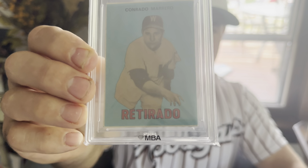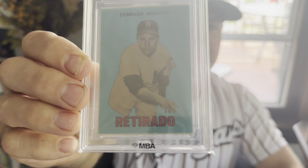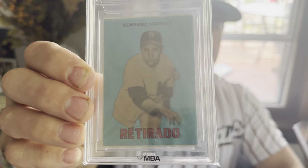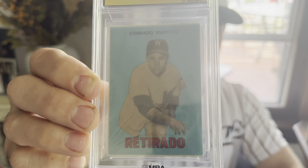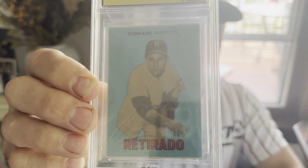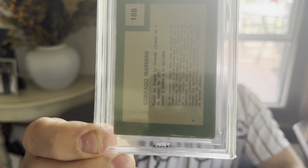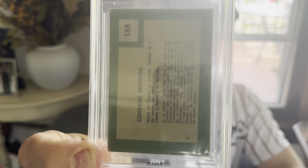I very much believe this could be graded as a 4. I don't think it would be unreasonable at all. There's no fish eyes. There's no little micro wrinkles. There's nothing I see there. Slight centering issues with how they would do the white bordering stuff and little light touches at the corners. But it is a very good looking card. And the front, I think, looks better even than the back, which is not too bad. The back corners have a little bit of touches. But it is a very, very good looking